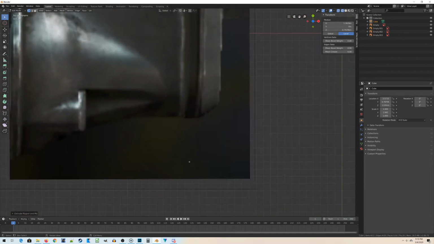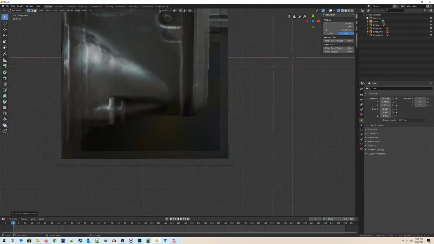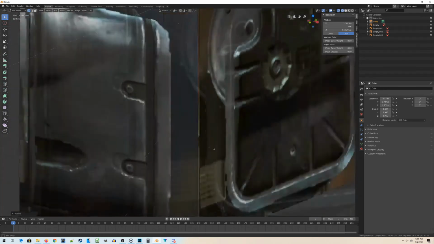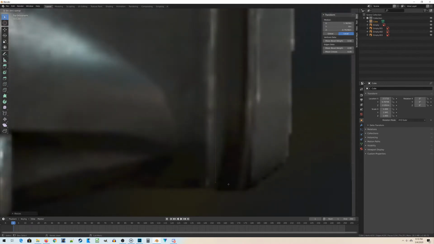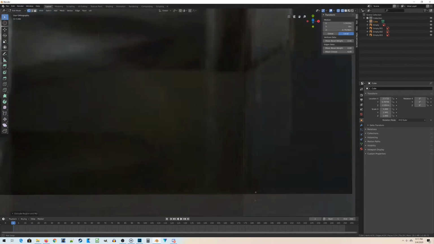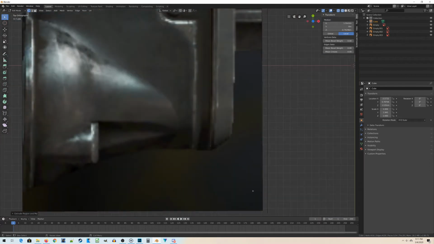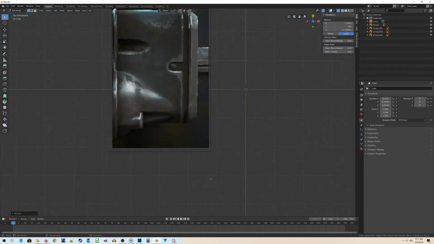So just the tiniest bit of extrusion. You can't really see it because of the reference image. Scale it down a little bit like that. So scale down the entire face just a tiny bit. Extrude it again. We're going to go across the length of the groove. Extrude it one more time just a tiny bit and scale it back out to where it's about the right